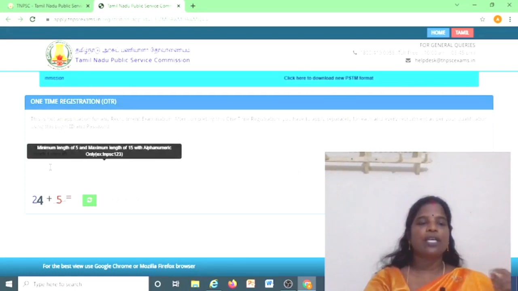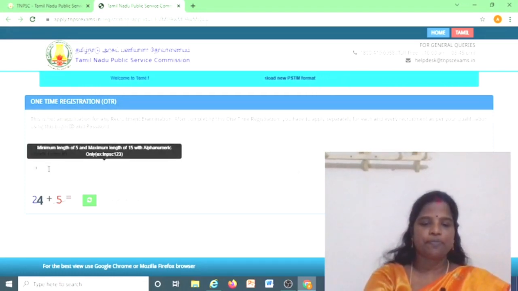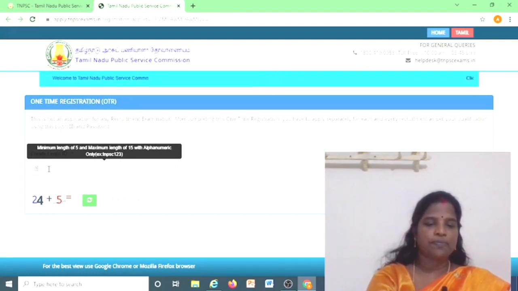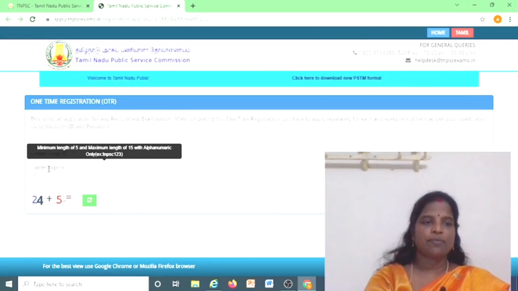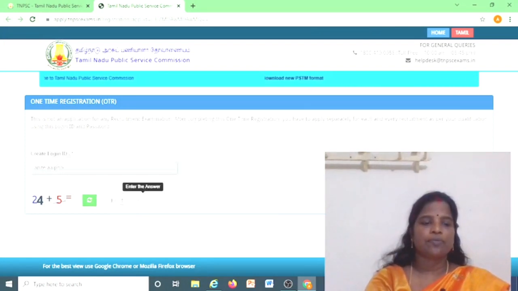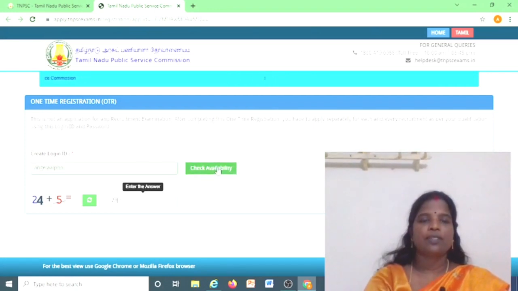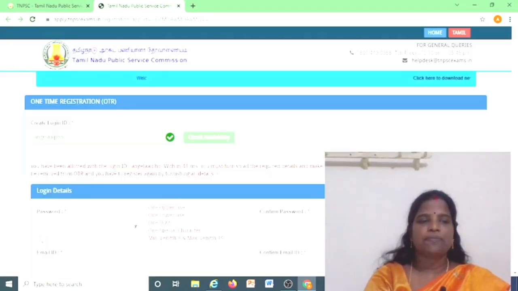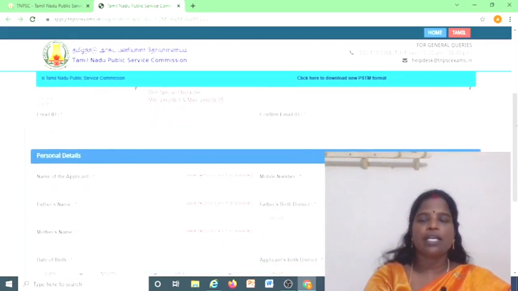Now you have to create a login ID. Check availability. So availability is there. Now we have to create a password.